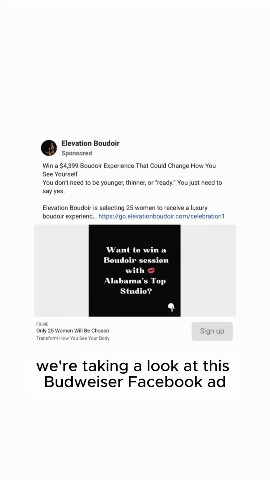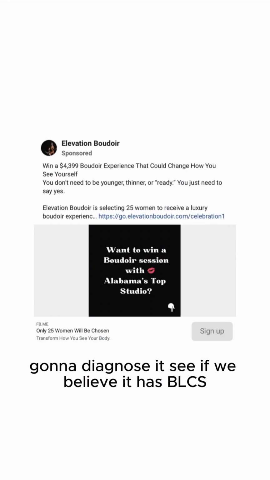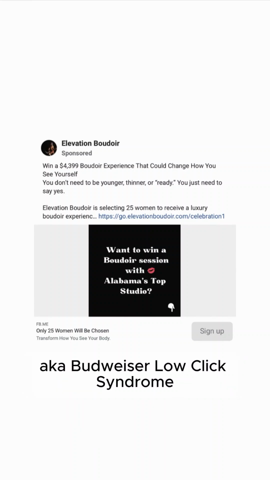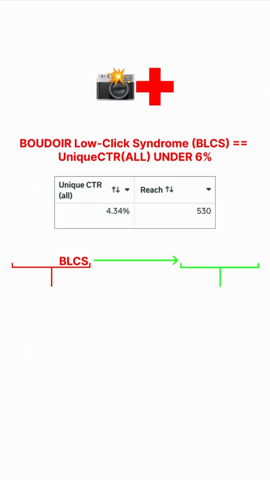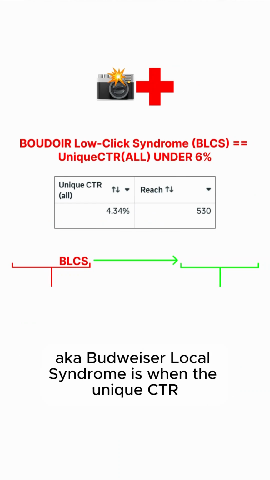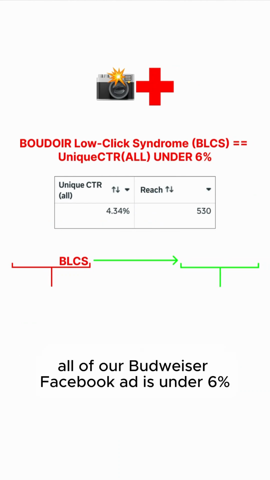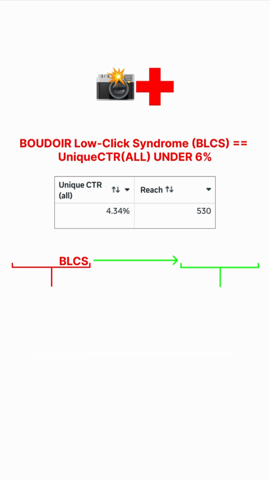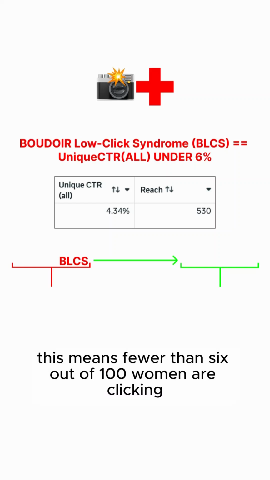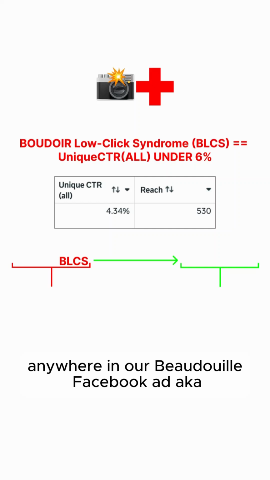All right, we're taking a look at this Boudoir Facebook ad. Going to diagnose it, see if we believe it has BLCS, aka Boudoir Low Click Syndrome. BLCS is when the unique CTR of our Boudoir Facebook ad is under 6%. This means fewer than 6 out of 100 women are clicking anywhere in our Boudoir Facebook ad,